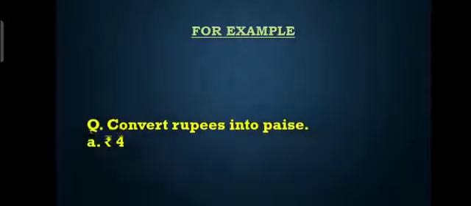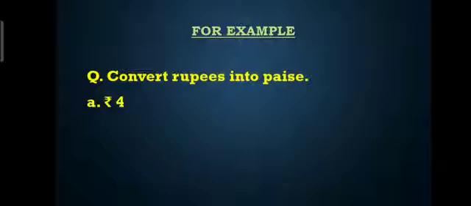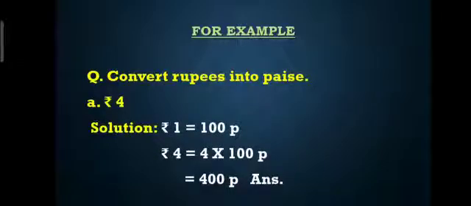Children, here we have 4 rupees. How will we convert into paise? As we learned, when we are converting from bigger to smaller unit, what will we do, children? We will simply multiply the amount by 100. So, we will simply multiply 4 rupee by 100. So, children, as we know, 1 rupee is equal to 100 paise. So, 4 rupee is equal to 4 multiplied by 100 paise. We will get the answer in paise form. So, 4 multiplied by 100 paise. The answer we get here is 400 paise.